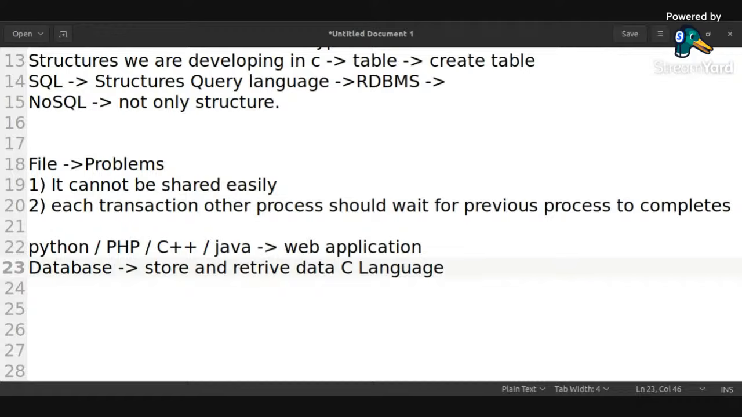To solve this problem, they introduced a concept called drivers. So if we used Windows systems, Windows 2000 or Windows NT, at that time they would have